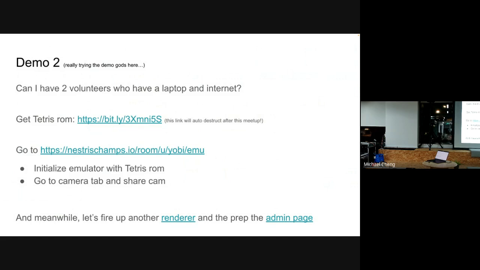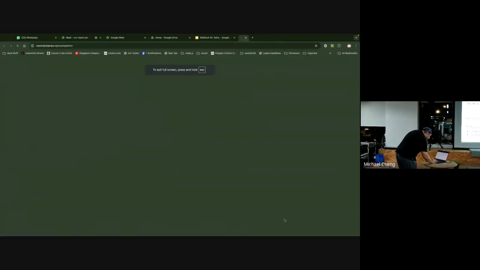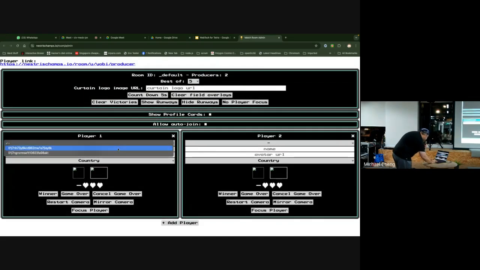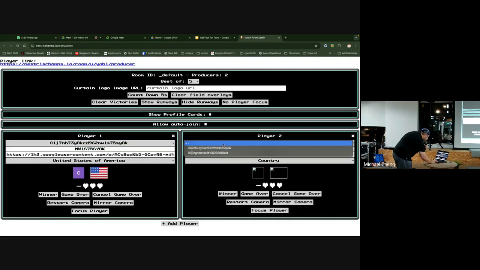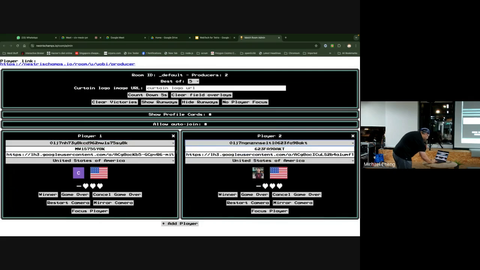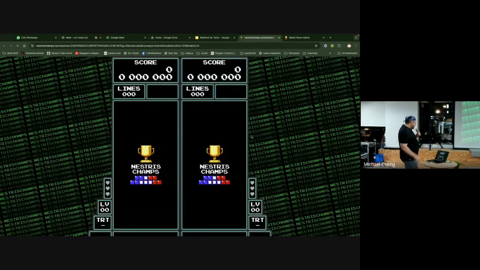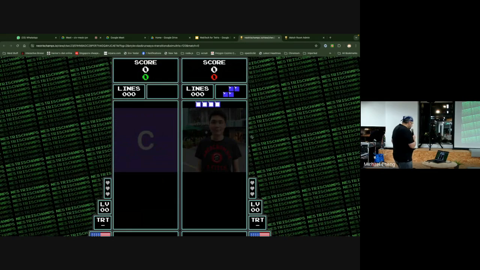Okay, so make sure your camera is sharing, and then meanwhile we are gonna do a couple of things. If you're in the admin view, we should be able to see that we have 2 players here. I don't know who is who right now. Okay, this is Lester, so this is Melody. And if we go to render for competition,